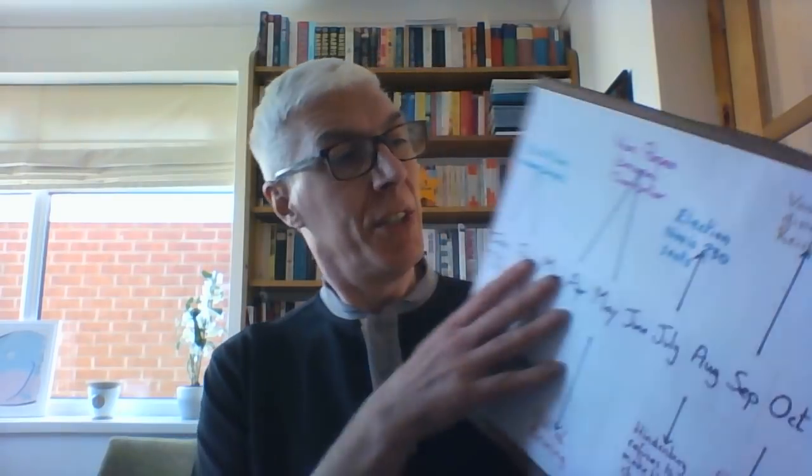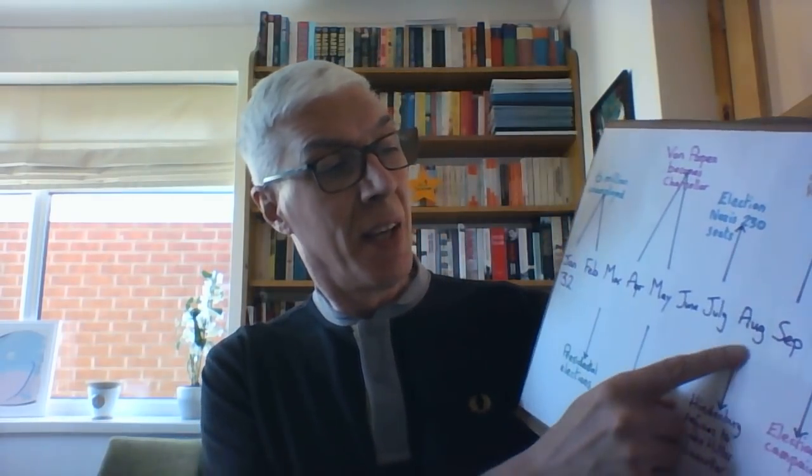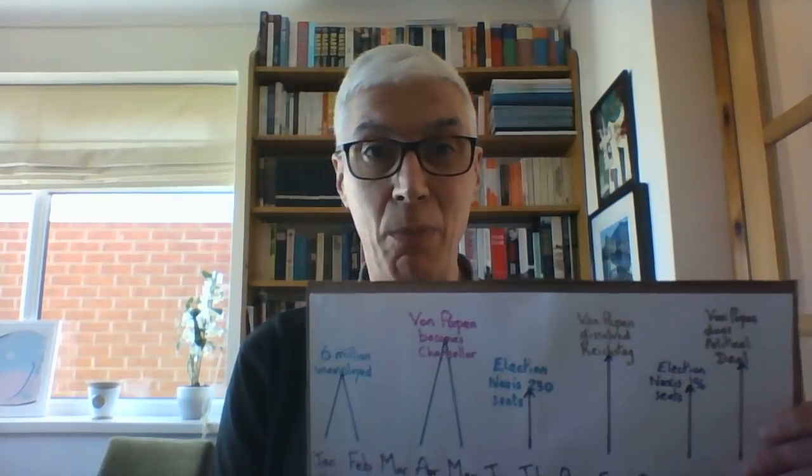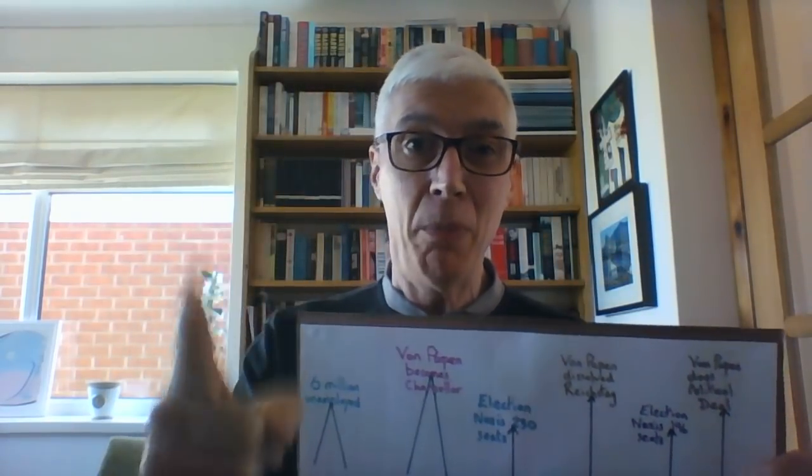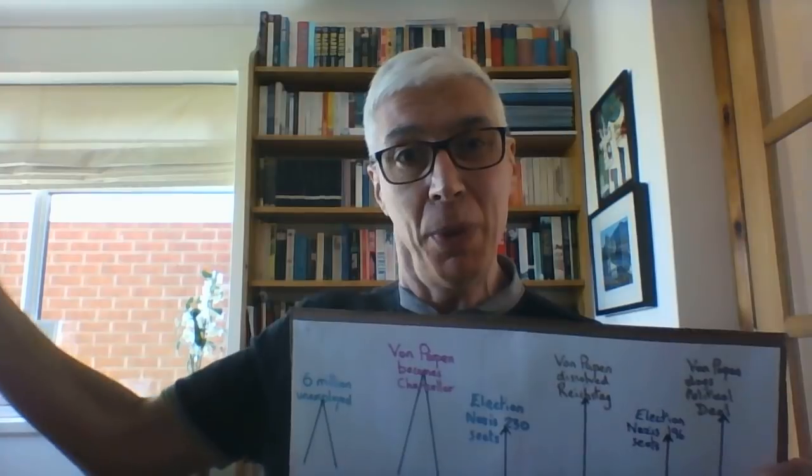August 1932. Hitler says to President Hindenburg, you must make me Chancellor. The German people have just voted. I am the leader of the largest party. But President Hindenburg refused. Why would he do that? Have you got any ideas? Well, here's a couple for you. In fact, here's three. Number one,